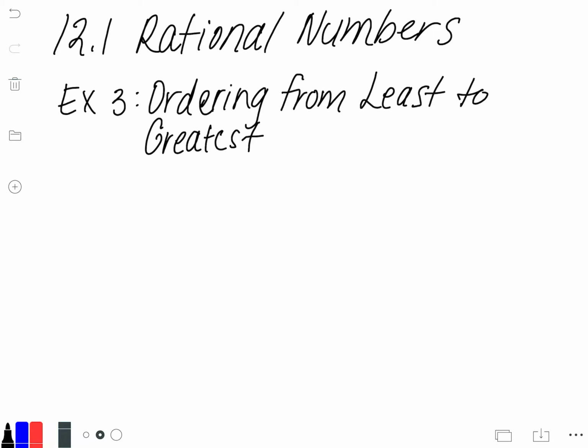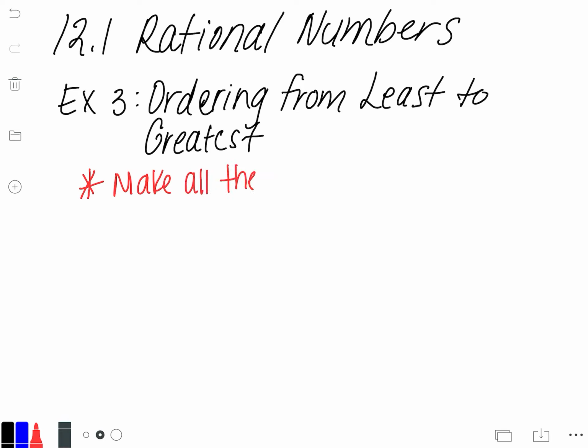The next part of the lesson in 12.1 is ordering rational numbers from least to greatest. This isn't my favorite thing to do, to be honest with you, because it is a little bit tedious. In order to compare or order rational numbers, you have to have them in the same form most of the time, meaning either all fractions or all decimals. Now, if you make your rational numbers all fractions, they also have to have common denominators, which is an extra step. So my suggestion to you is to make